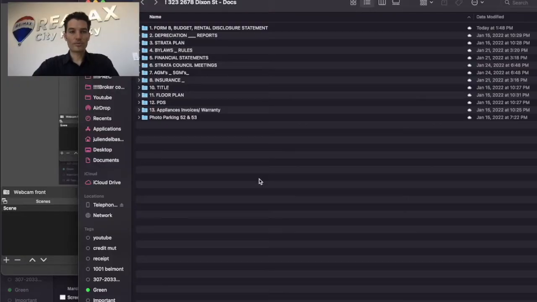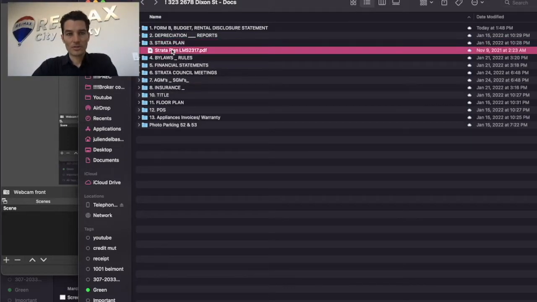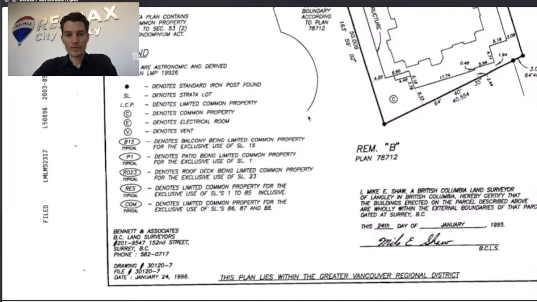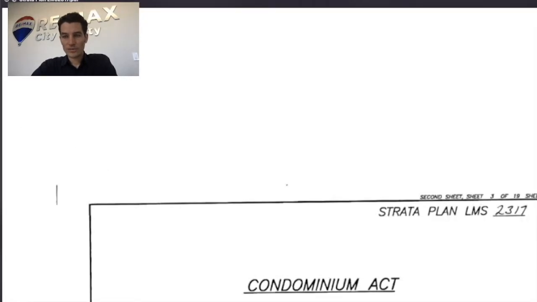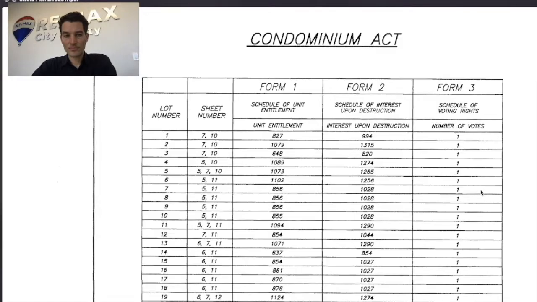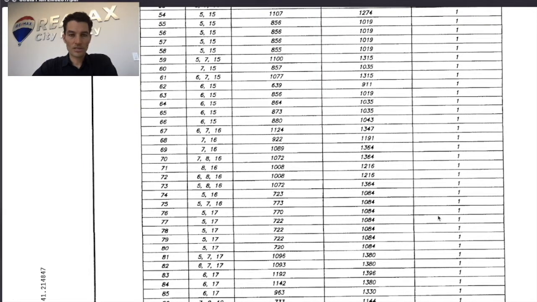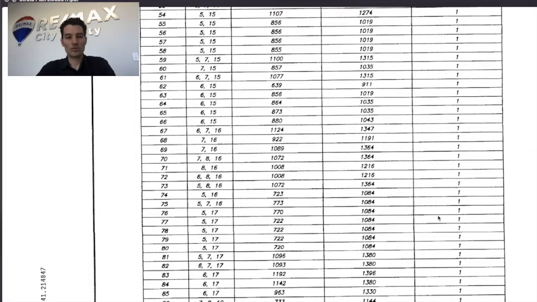The next strata docs we want to review is the strata plan. So strata plan, as long as there is no issue, it's fine. And what I like to do is to actually determine the unit entitlement of the subject property with the strata, because that's going to determine upcoming cost. So in our case, it was unit 66, and it has 880 unit entitlement out of